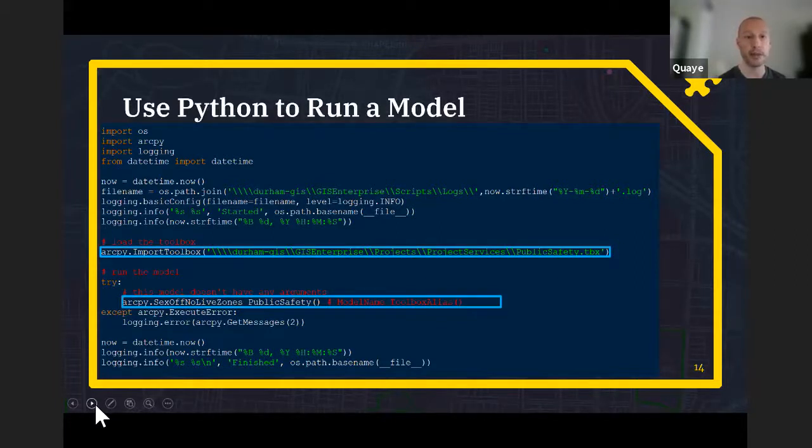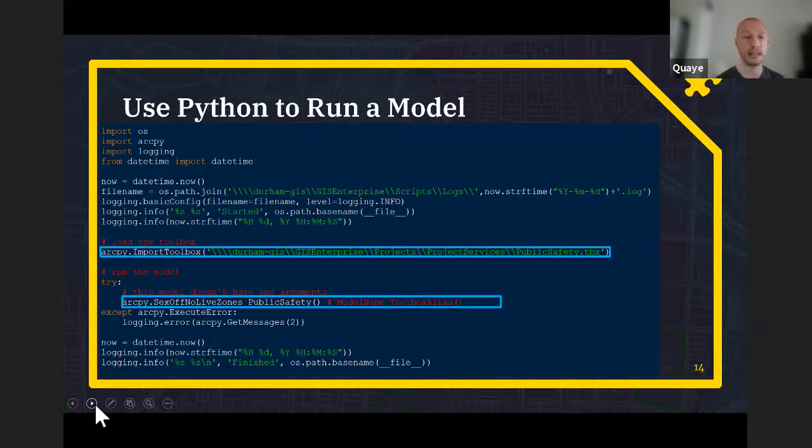Following the import of the modules that deal more with the logging aspect of things, and then the 2 required lines, which are highlighted here in cyan, using the import toolbox. I'm just defining the relative path to that toolbox.